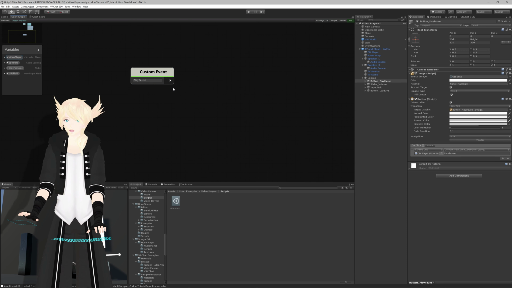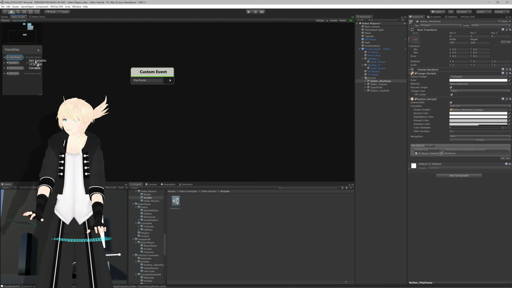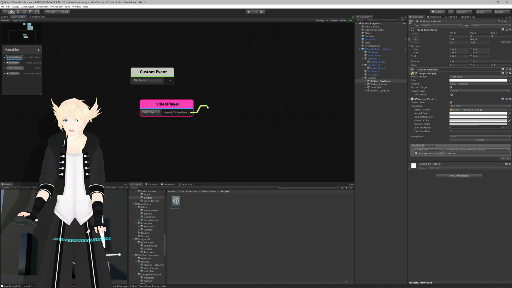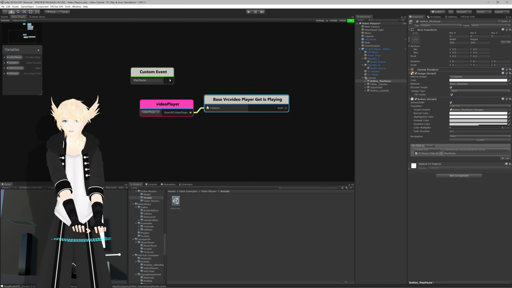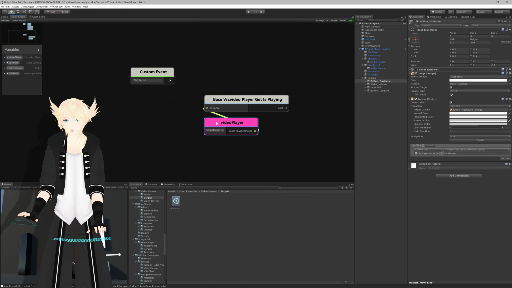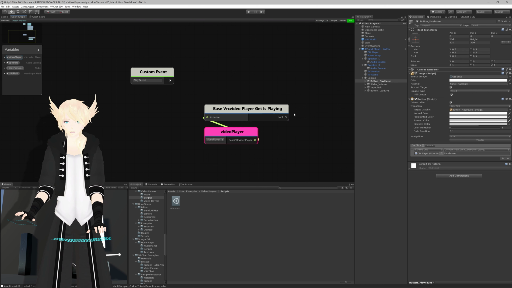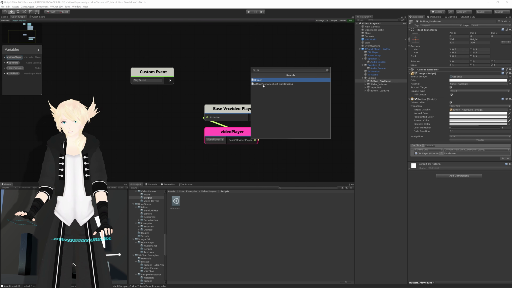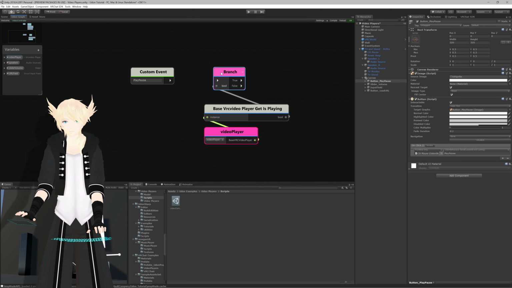Now in PlayPause, we want to know if it's already playing or if it's paused. So we'll get a reference to our video player, drag out and say is playing. Now this will give you a true or false as to whether or not it is playing. So we can drag out from here and get a branch so that we can tell whether or not it's